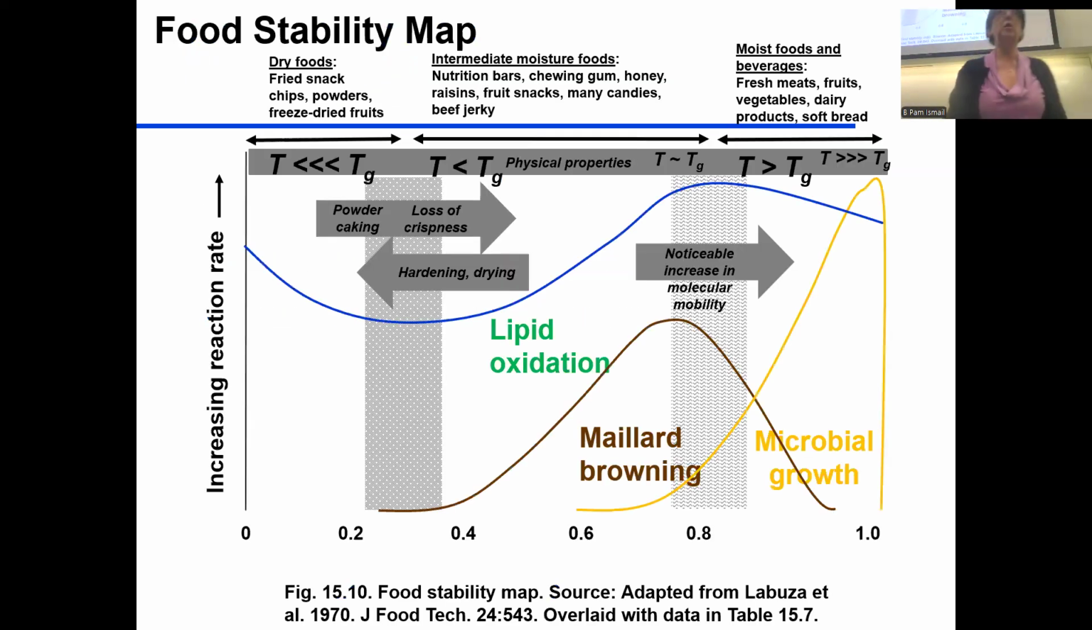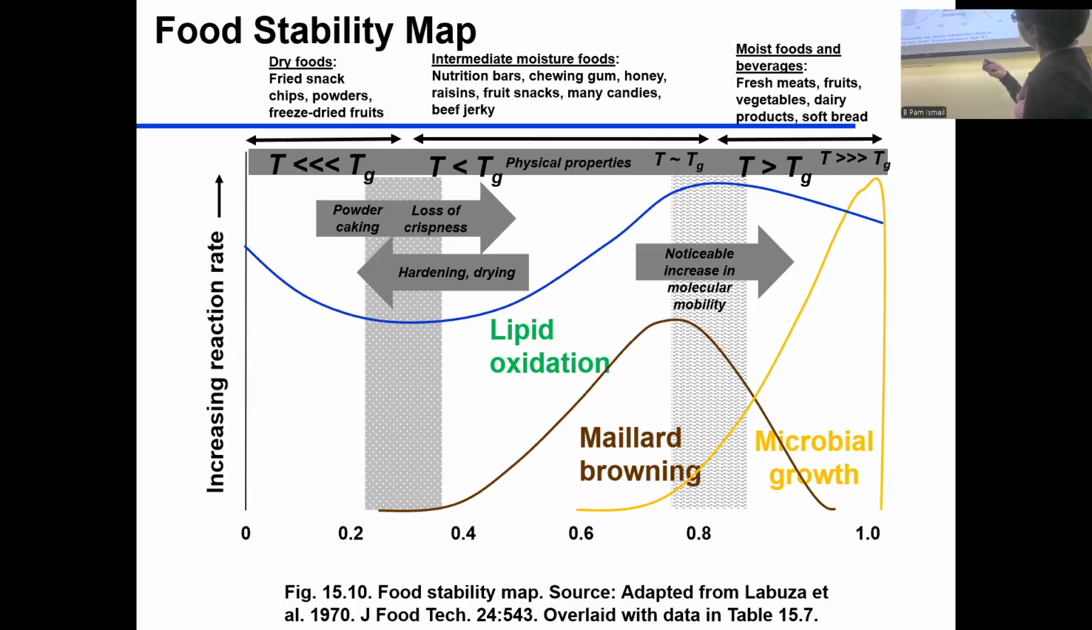So this chart looks complicated, but it's actually very, very useful. And it was developed by our former late Professor Labuza, who was the icon in water activity. So at first sight, you're like, okay, what am I looking at? It's too complicated. But then it divides the foods into three